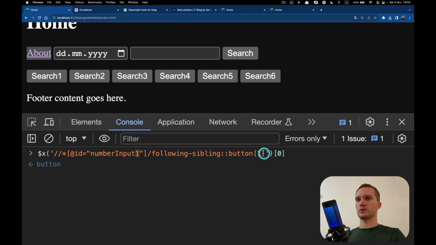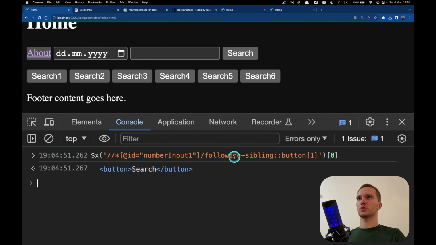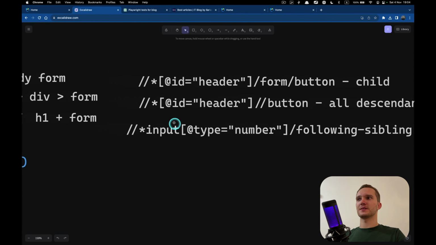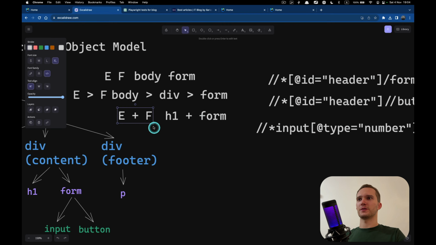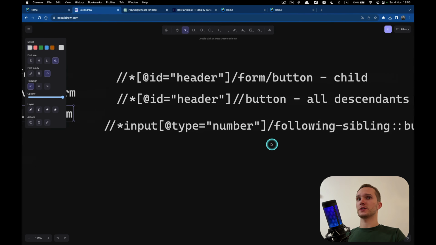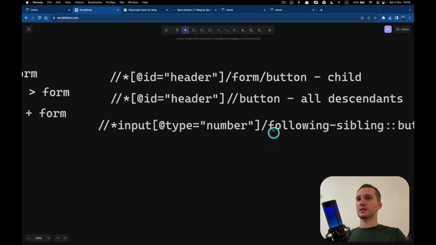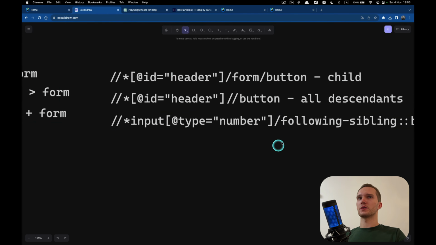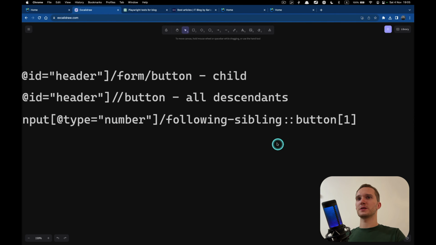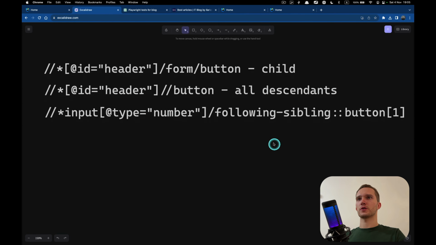And 1 stands for the first following sibling. Yep, and that's it. Pretty similar to what we had in CSS, but I feel like CSS is easier, H1 plus form, easier to read. But XPath provides more functions, more abilities to search for elements.